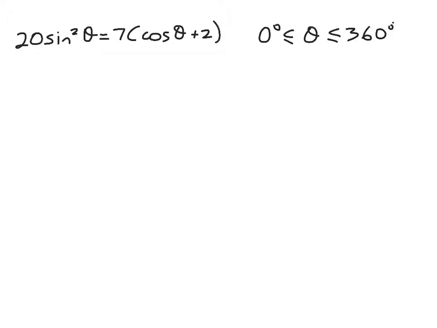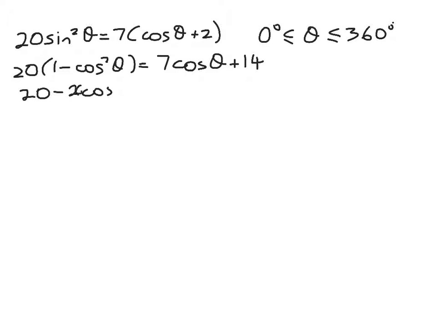So you'll see here I've got sine squared theta on the left hand side and I've got cos theta on the right hand side. But if I use one of my Pythagoras identities, I can easily turn this into a quadratic in cos theta. So sine squared theta is 1 minus cos squared theta, which gives me 7 cos theta plus 14, expanding out the right hand side. Now collecting up like terms,